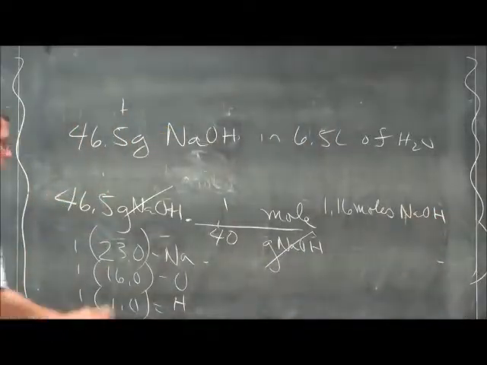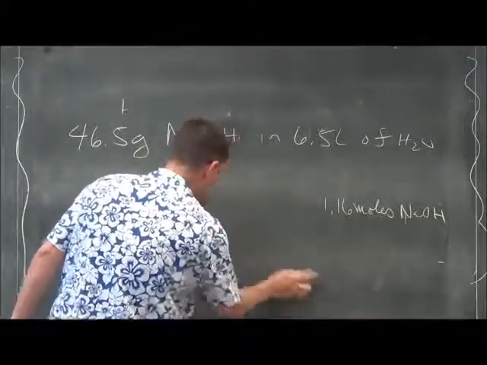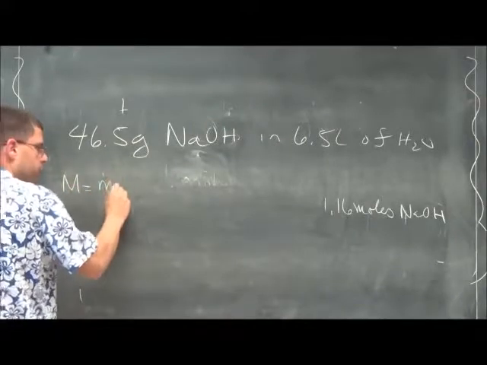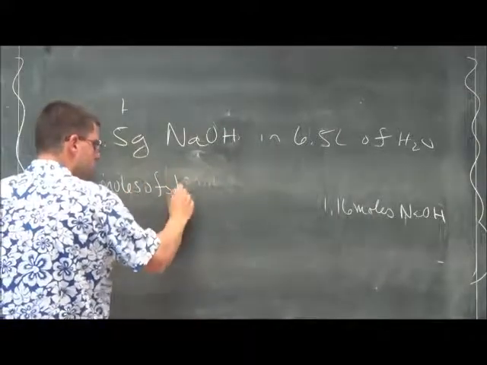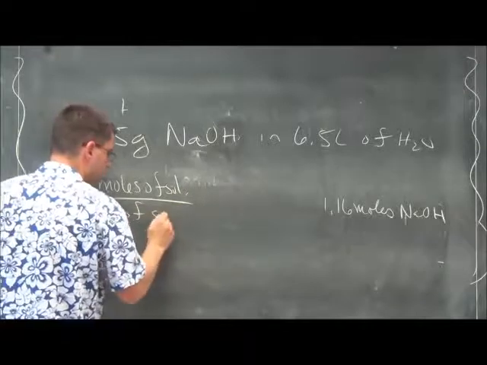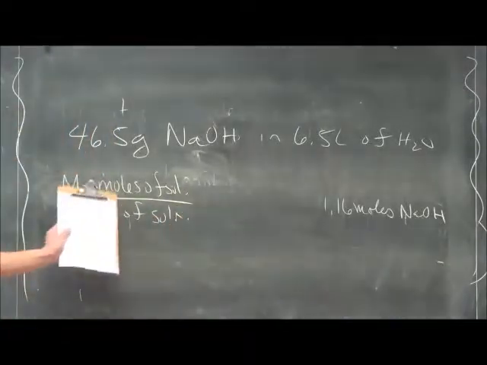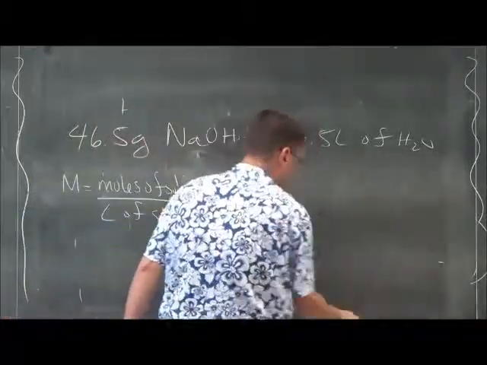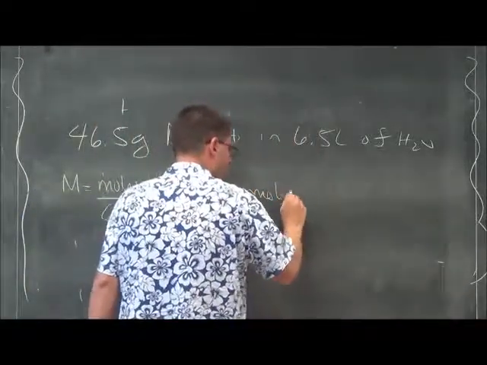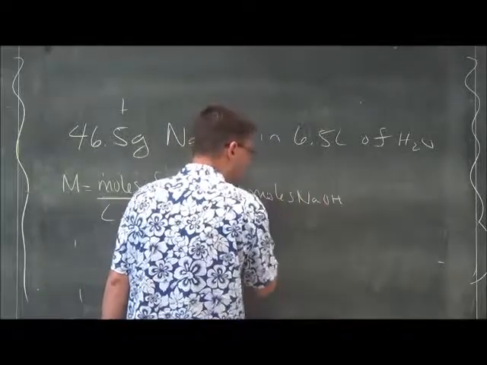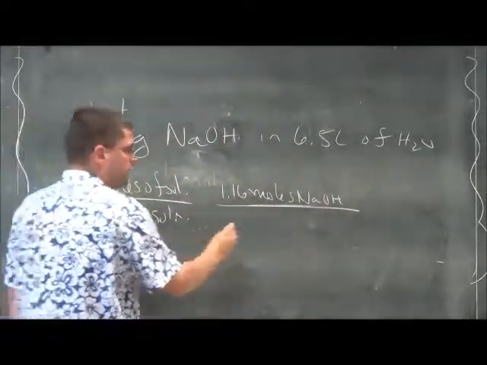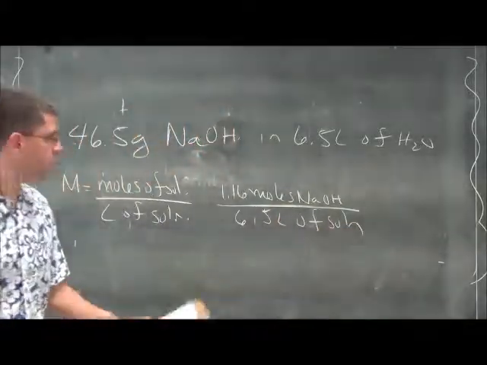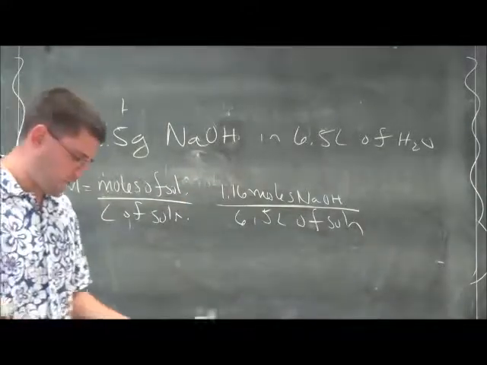Now I can find molarity. Again, we know molarity equals moles of solute divided by liters of solution. So we take 1.16 moles of NaOH, that's your solute, divided by liters of solution. We've got 6.5 liters of solution. So, 1.16 divided by 6.5